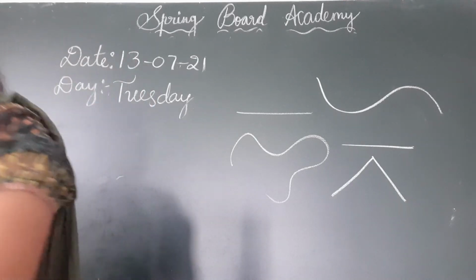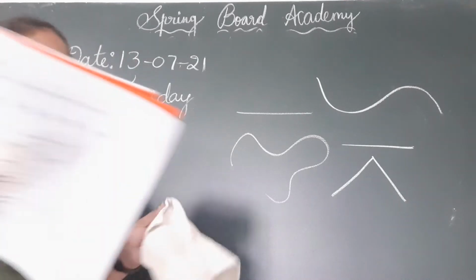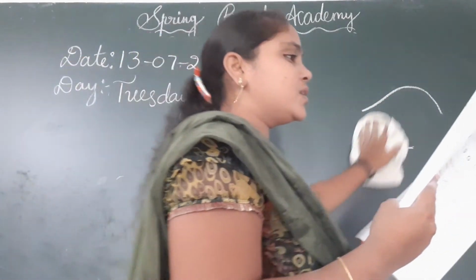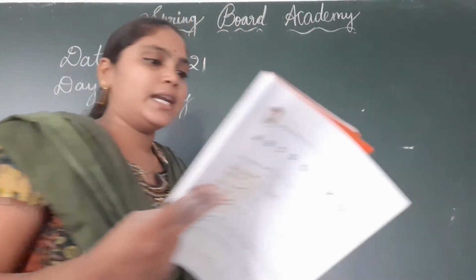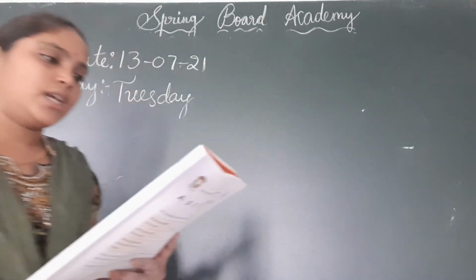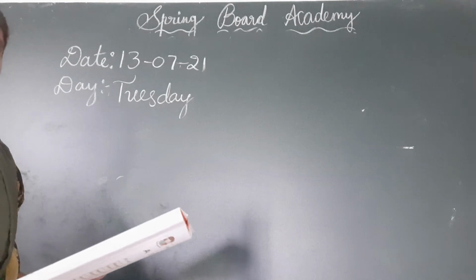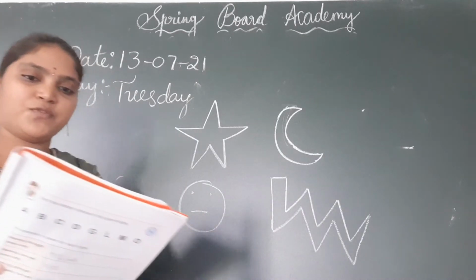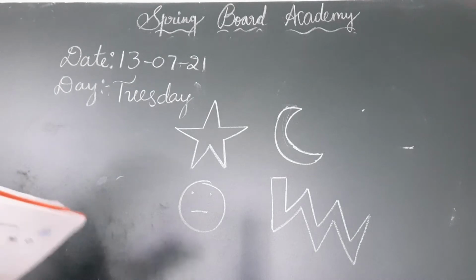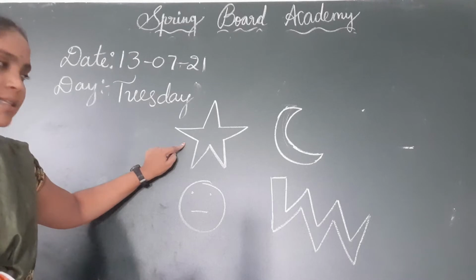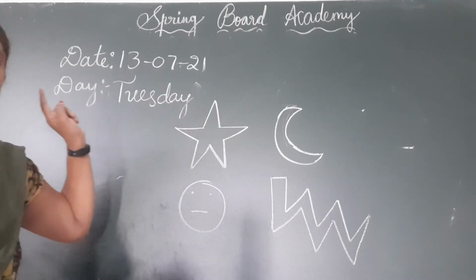Next, turn to the next page, page number 18. Color the shapes. Use blue color for the shapes with curved lines, red for the ones with straight lines, and green for the shapes that have both straight lines and curved lines. Okay, here you have to check, children. What are the shapes formed by straight lines? So first shape. Is this shape formed by straight lines or curved lines? Yes, children, this is formed by straight lines.